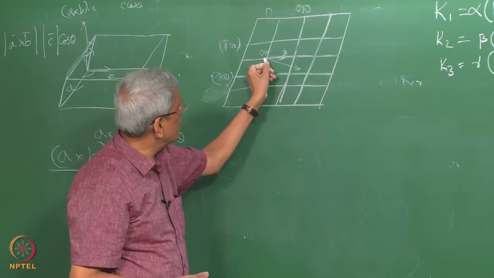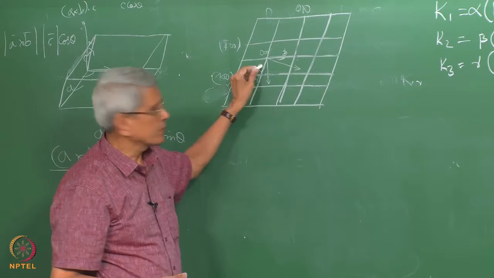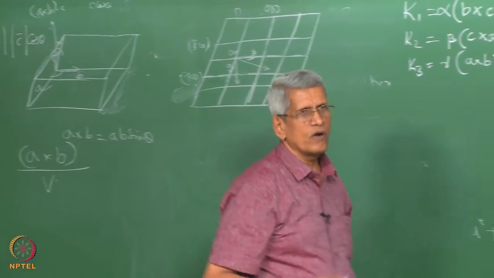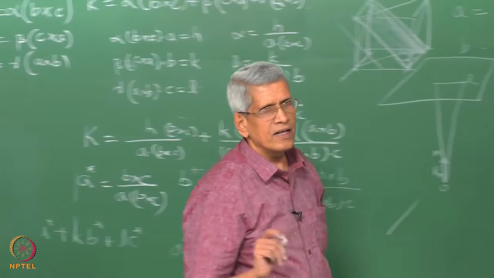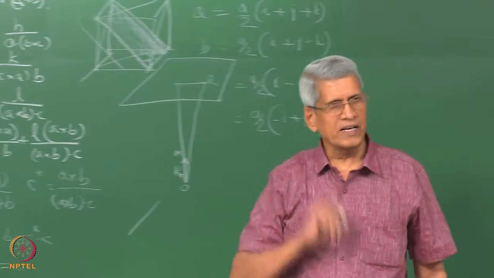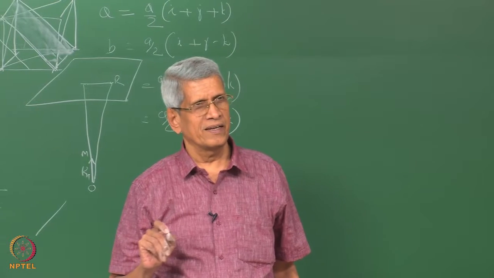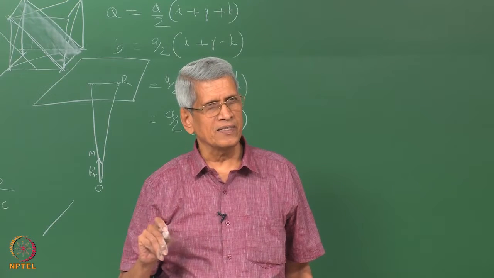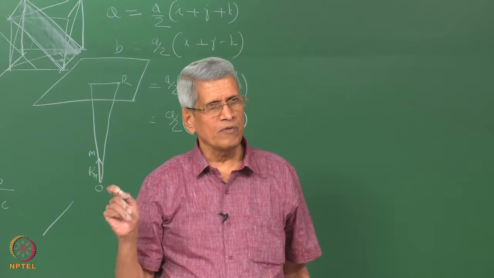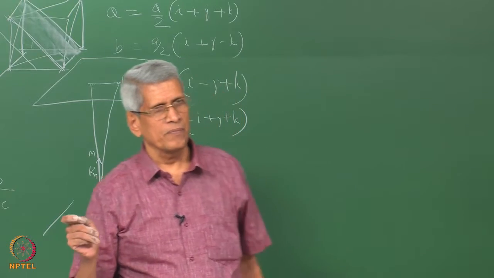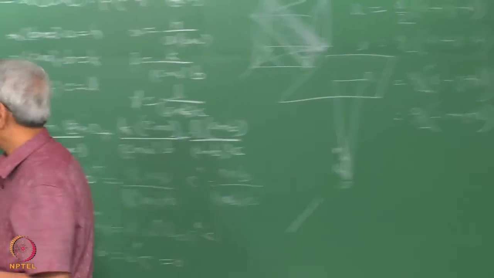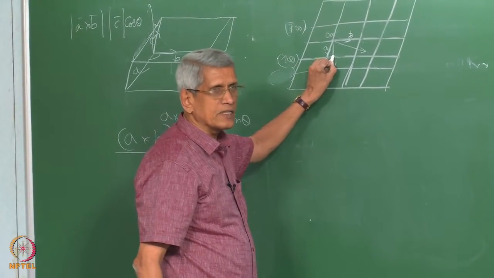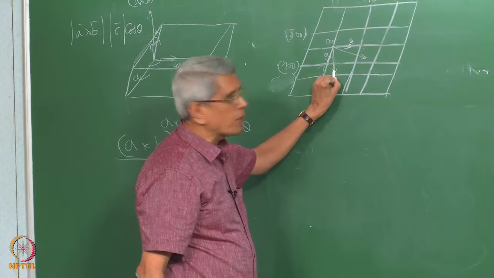With respect to this plane, what is going to be the normal to it? To this set of planes, this is going to be the normal. That is what you have learnt in the real structure: the vector which represents the direction and the planes which have the same Miller indices, their plane normals are not in the same direction, correct? That is exactly what we are doing. So, if you want to find an interplanar distance between these, I will have to draw a perpendicular vector.